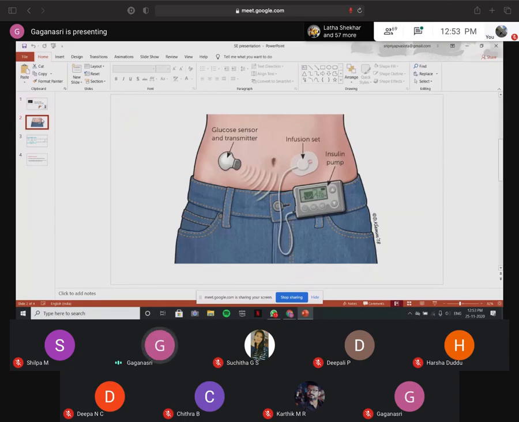So, as we can see, this is the system. Here it uses a glucose sensor and a transmitter. So this actually measures the blood parameter that is proportional to the sugar level. It gives the amount of sugar level present in the blood, and it transmits it to the controller which is present here. It contains a reservoir behind it, which contains insulin, and it uses this signal and computes how much insulin must be injected into our body.